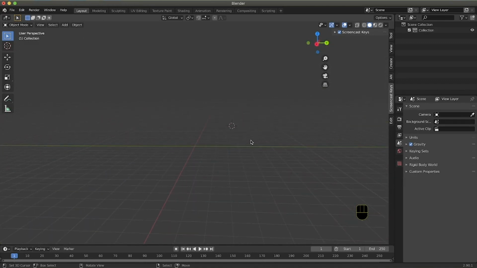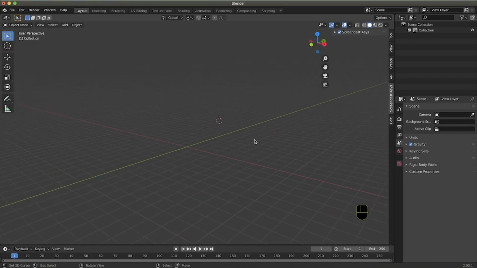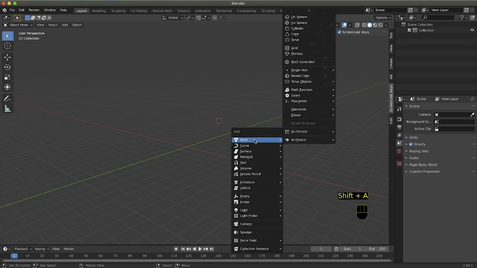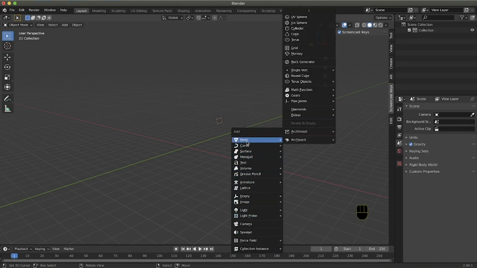I'll explain better. When you want to add a new shape, you simply press Shift plus A, and you will get the Add menu. The Add menu allows you to add different elements in your 3D space.